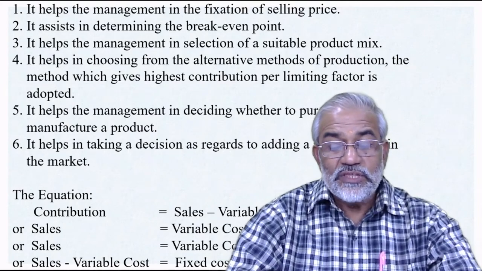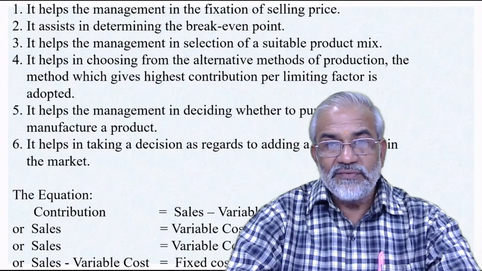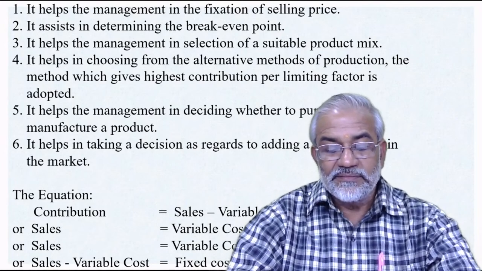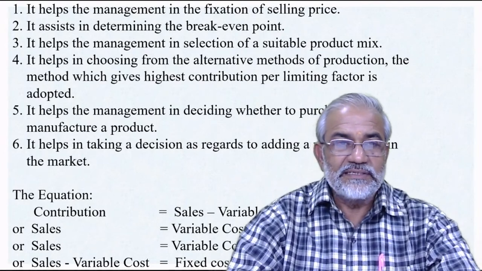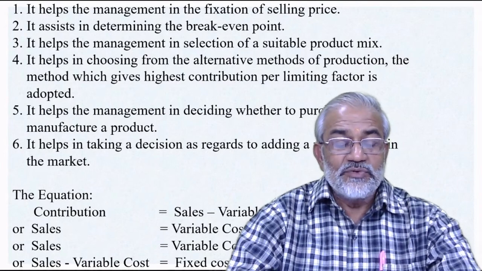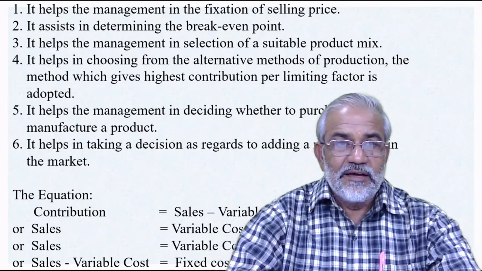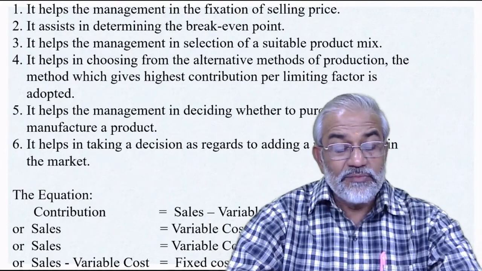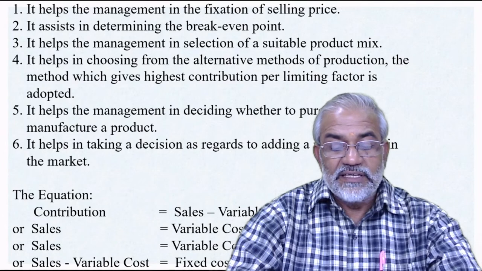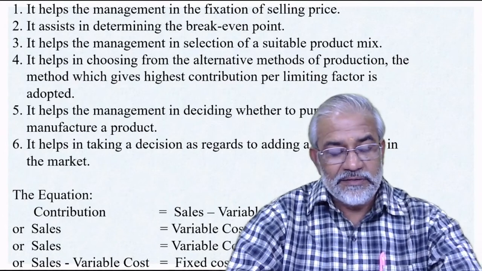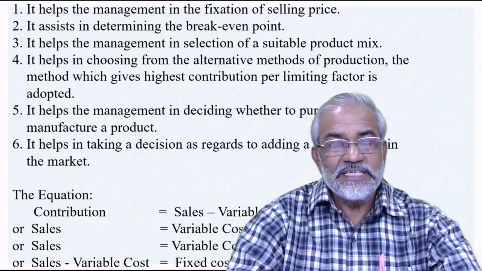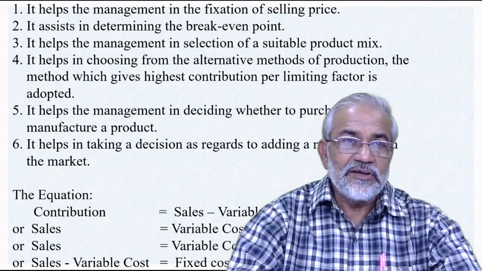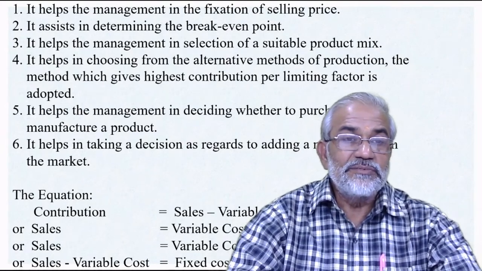Because when we know the amount of fixed cost which remains constant, its unit cost can be calculated, and when we determine the contribution per unit, then for taking a decision in respect of selling price, it becomes easier for the management